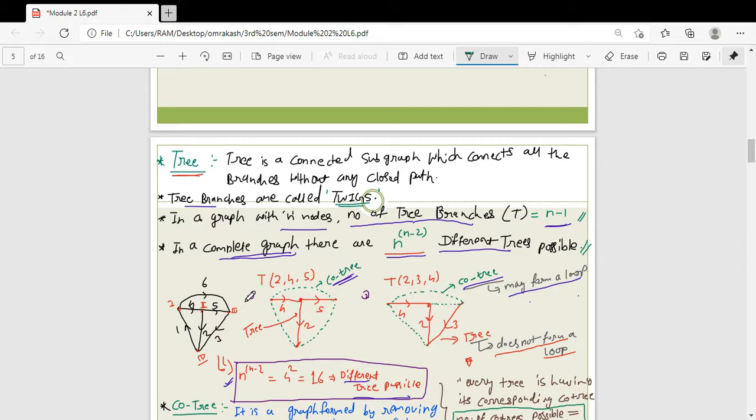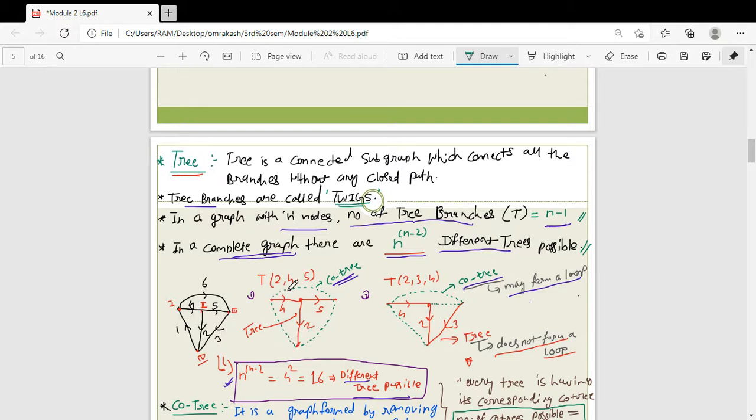Or you can say sum of cotree plus tree is equal to your total graph, right? So this is your tree. Now how will you find the cotree? The rest of the branches that you left out, connect them as well. Okay, now see here, I quit the 1, 6 and third branch, so reconnect those branches here.